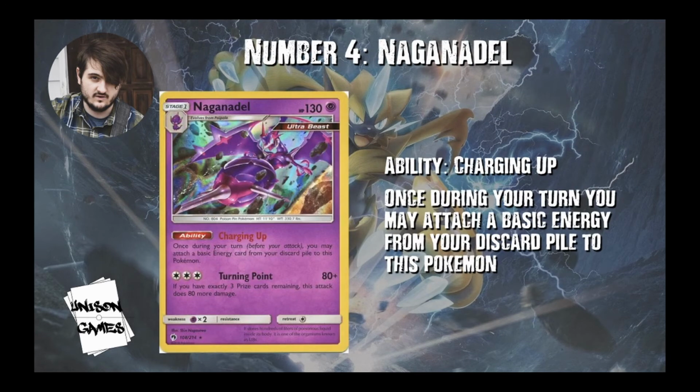At number 4, we've got Naginata. This is a card that I've been talking about several times throughout the series because it is that good. It has this ability, Charging Up: once during your turn, you may attach a basic energy from your discard pile to this Pokemon, not to mention that it has a great attack as well. But really the big thing here is just its energy acceleration for so many different types